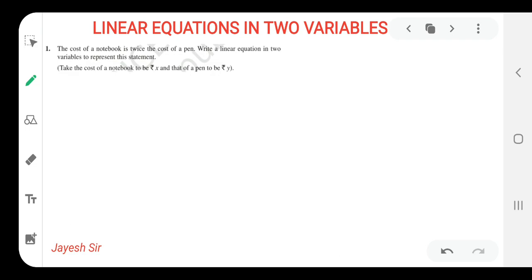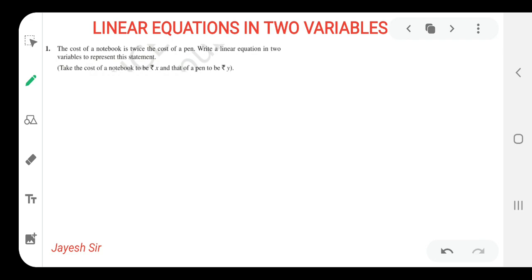The cost of a notebook. First take the note, take the cost. First try to read the note over sums like this, because some hint is given to us. That hint requires extra attention of the reader. That's why I suggest you first read the hint, because if you read the whole sum first and the hint in the end, you need to read the sum again. So I suggest that you should read the hint first.